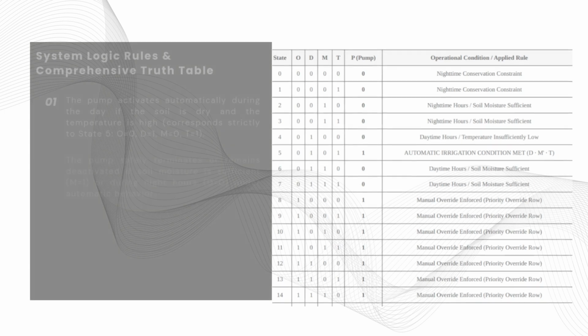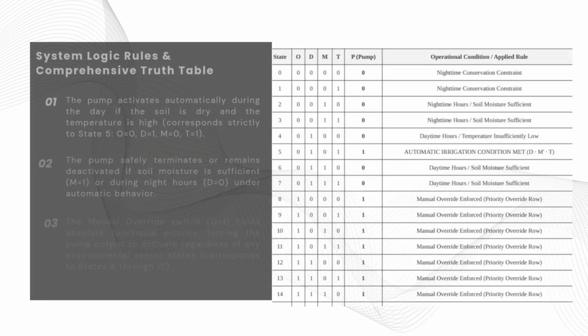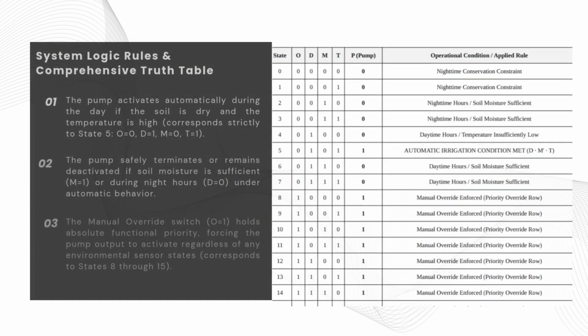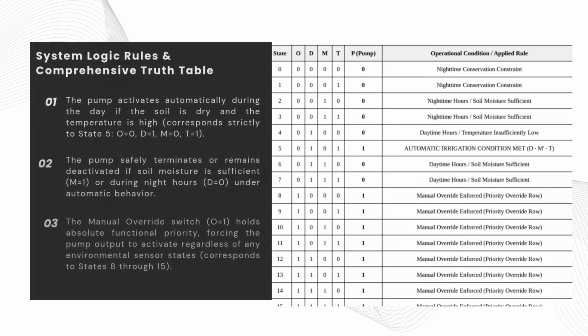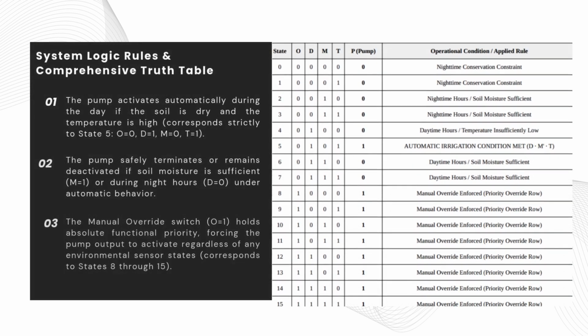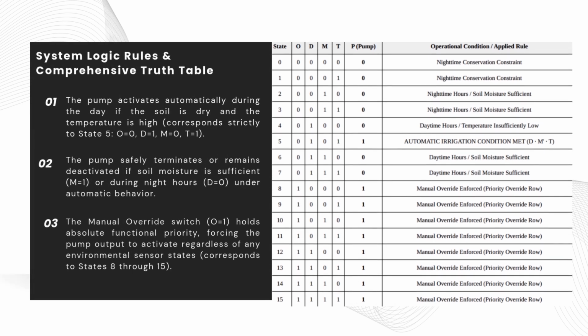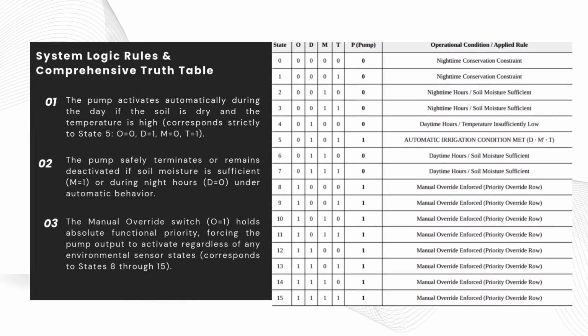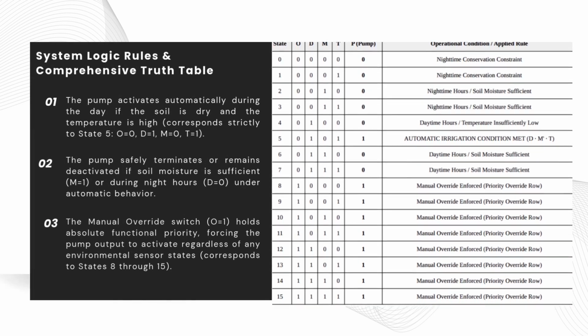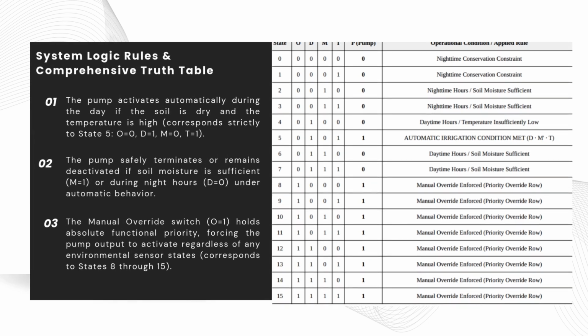Next, we translate our real-world specifications into a complete 16-row truth table matrix. Our system operation follows strict priority constraints. The first major rule dictates that the irrigation pump activates automatically during daytime hours only if the soil moisture is low and the temperature is high. This maps strictly to state 5, where O is 0, D is 1, M is 0, and T is 1. Under any other automated states, if the moisture level is sufficient or if it is night, the pump remains safely